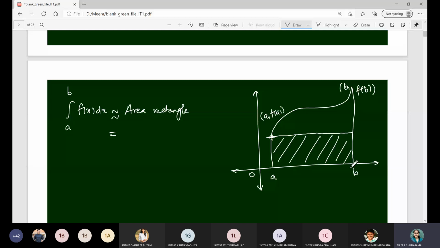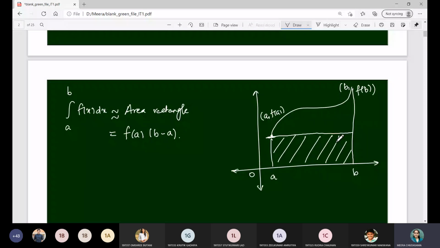Since we have used a rectangle to approximate the area under the curve, this is called the rectangle method. Only one interval we have considered, right? So this is the rectangle method, where this is the error part. You can see that it is a major part actually, that we cannot avoid.